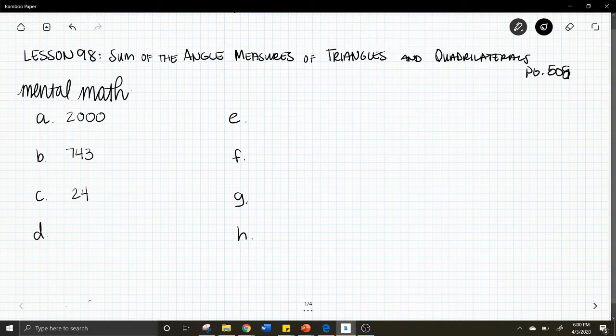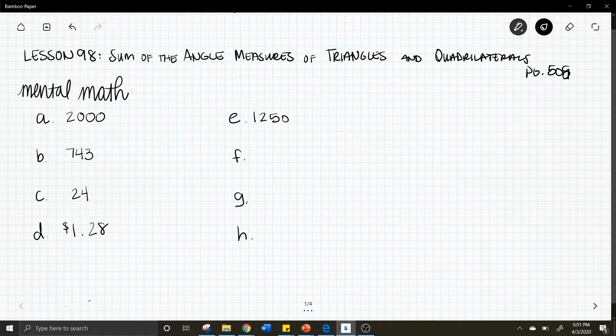All right, letter D, $20 minus $18.72. What is $20 minus $18.72? The answer is $1.28. All right, so we're halfway through. Good job. Letter E, we have 12 and 5/10, or 12.5 times 100. What is 12.5 times 100? The answer is